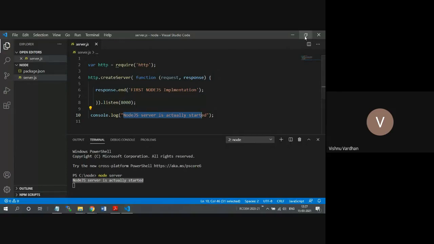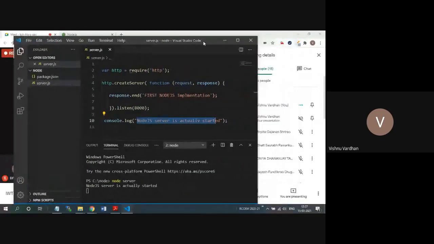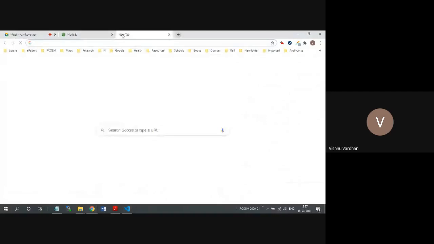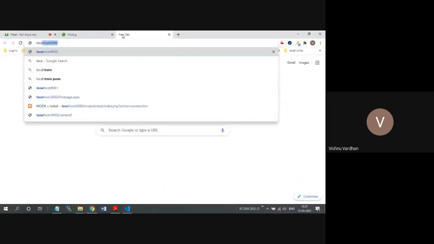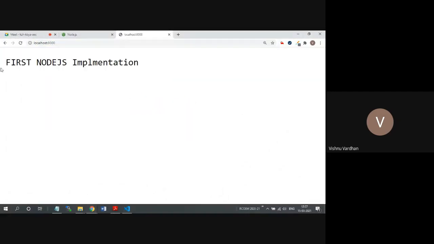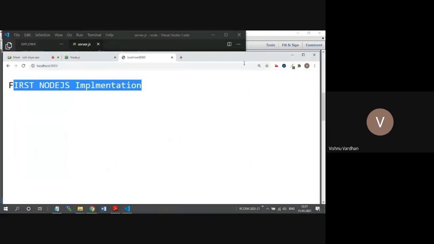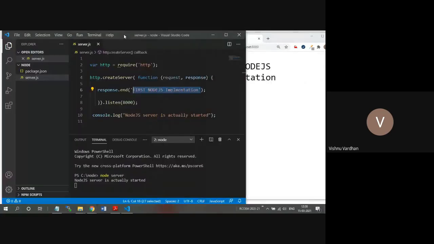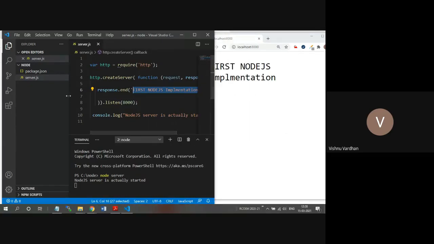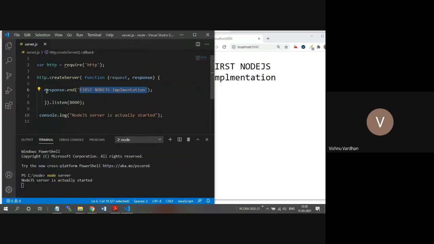If you want to see this, you can go back to this URL and give this command. The first Node.js implementation's response is visible here. I'm resizing this so that you can see things in parallel.